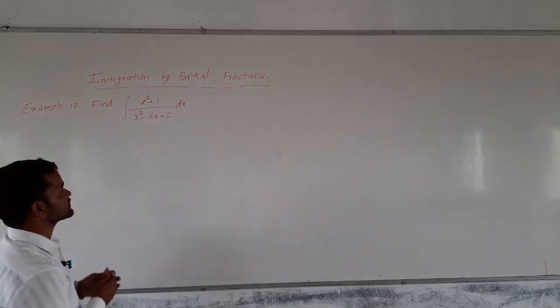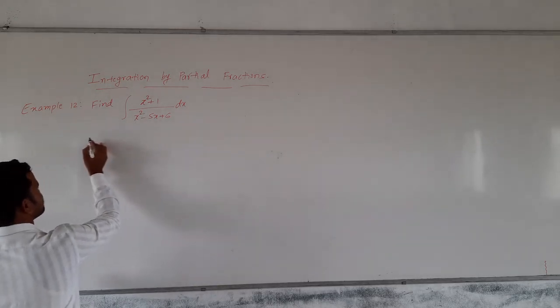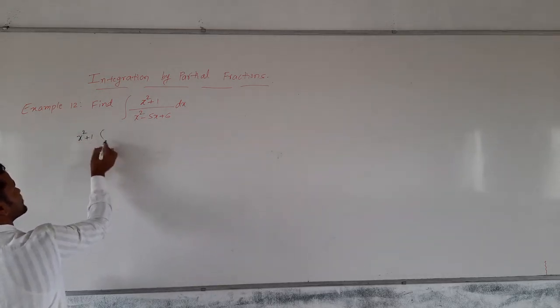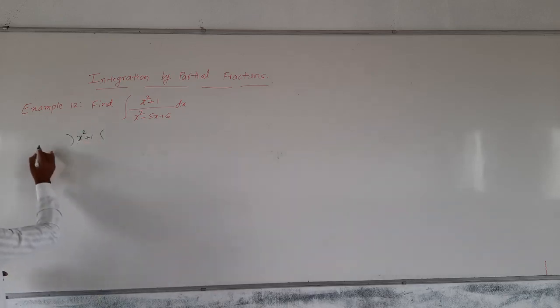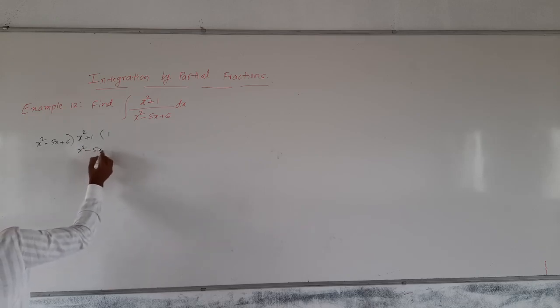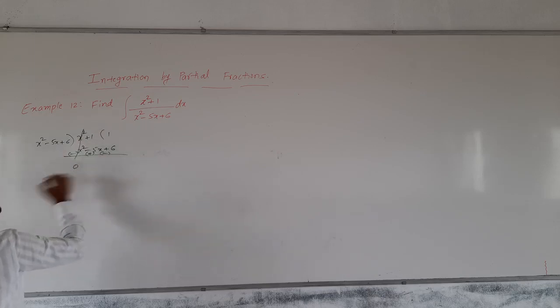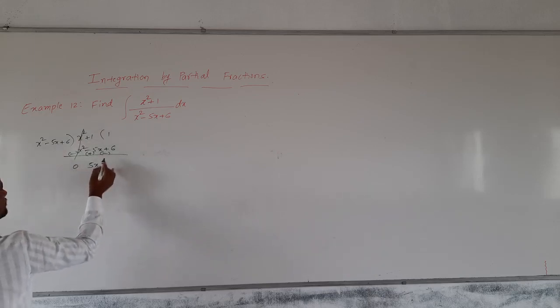If it is in improper fraction form, then what do you do? Then you can divide the numerator by the denominator. We are dividing x square plus 1 by x square minus 5x plus 6. X square, 1 times: 1 into x square minus 5x plus 6 is x square minus 5x plus 6. We are subtracting, changing the sign: x square cancels, this is plus 5x minus 6, and plus 1 is